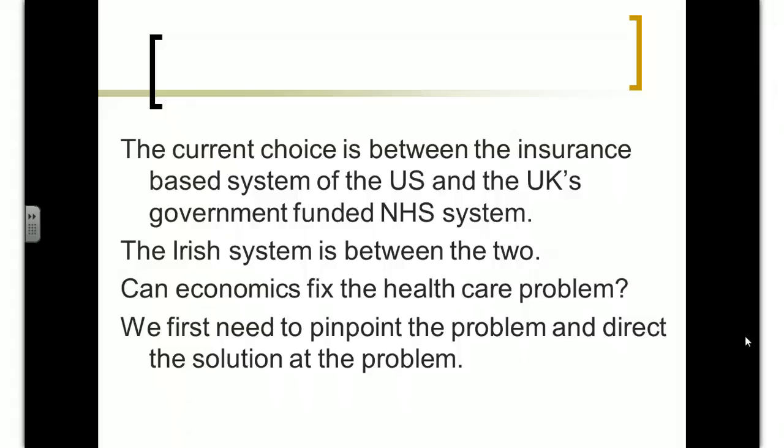One key difference between them, of course, is the funds. In the private system, the money is available immediately. Either the individual pays it out of their pocket or their insurance company provides it. Up front, bang, there's the money. In the public system, they face a limited budget. The HSE gets a fixed amount of money.